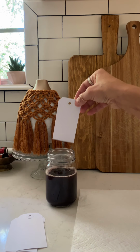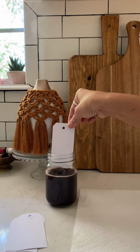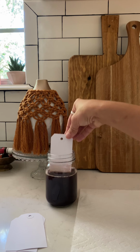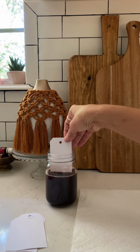So I'm just going to dip it, and I'm probably going to hold it in for a little bit longer. I'm going to dip it about halfway, and I'm going to hold it for, I don't know, 10 seconds. And then I'm going to dip it maybe just half of that and hold it for